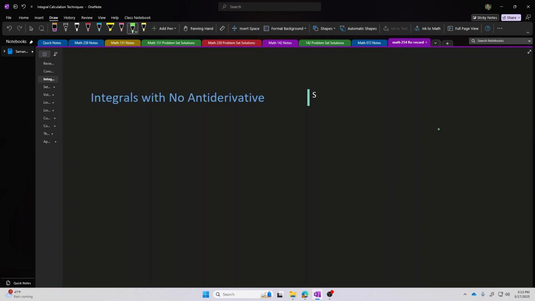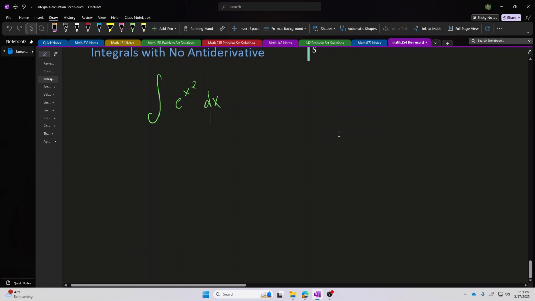However, most of the time, the functions that you're integrating do not have an antiderivative that you can find. I'll give you some frustratingly simple examples. The integral of e to the x squared. You're done. There's nothing that you can proceed with from here. There is no rule. There is no process that's going to help you with this. This is not a linear combination of toolkit functions. This isn't a product where substitution can be applied. This is not a product where integration by parts can be applied. So this is an integral where there is no antiderivative that can be found.